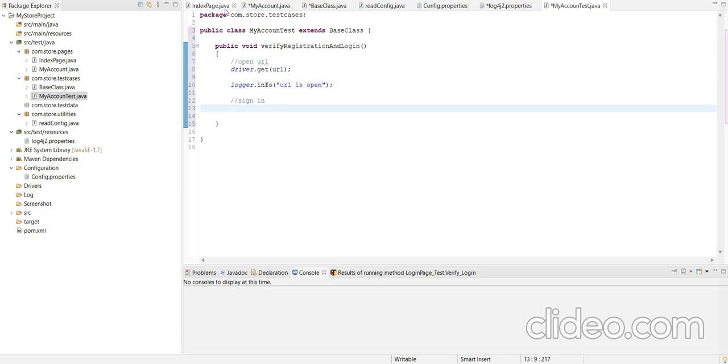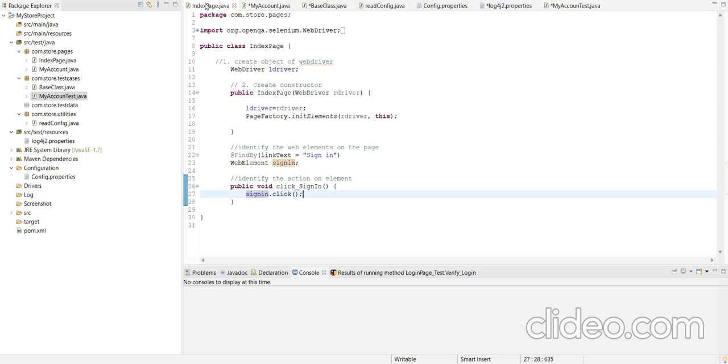For the sign in function, we have created the index page. In the index page, we locate the sign in button and also create the method for the click operation.